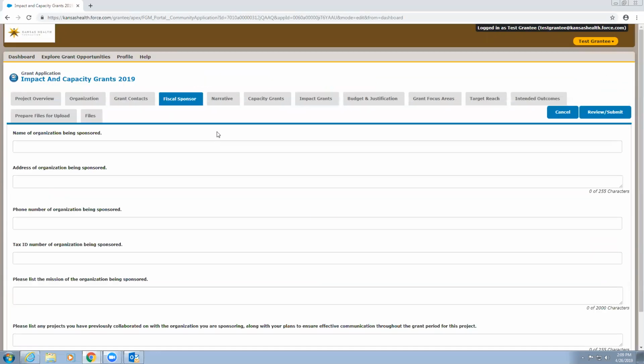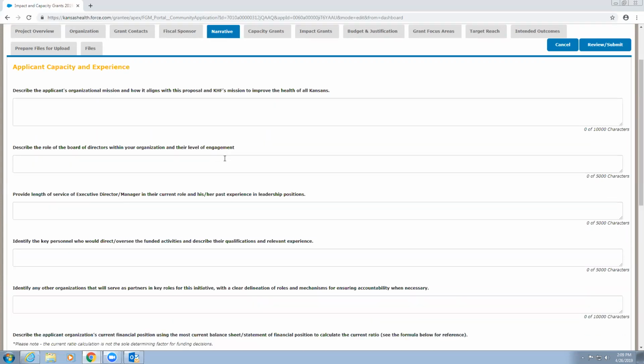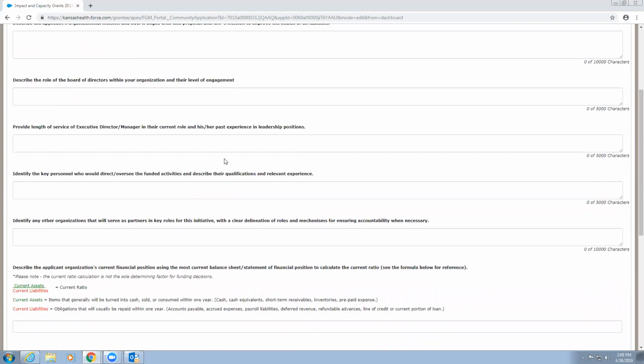If you are a fiscal sponsor, Save and Next to complete information about the organization that is being sponsored. Once complete, Save and Next to the Narrative tab. If you are not a fiscal sponsor, you may skip to the Narrative tab, where you will enter the main